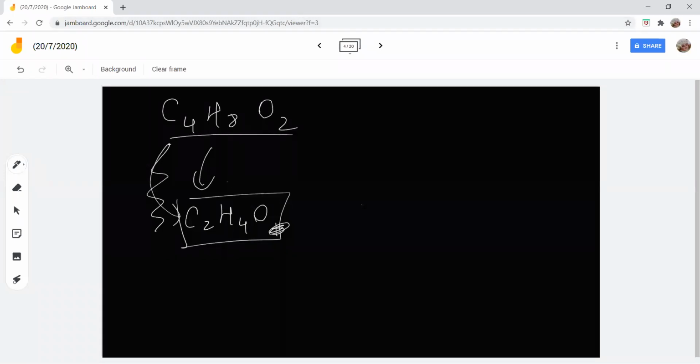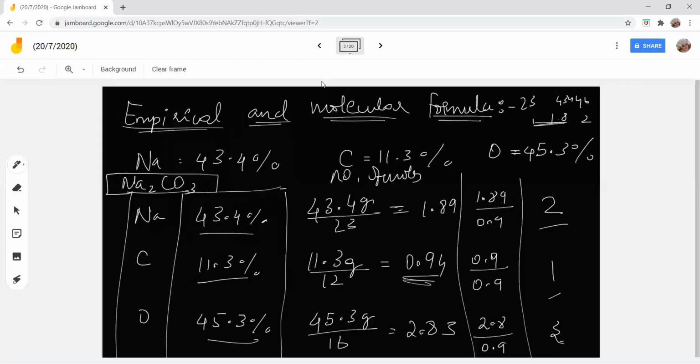Yes, ma'am. Okay, so this is your empirical formula. Now, here the same thing I'm going to do. If I find the simplest ratio between the number of moles, I'll get the empirical formula. I know the percentage of sodium, carbon and oxygen present, but I do not know the actual mass of sodium, carbon and oxygen present in 1 mole of that compound. So to find the empirical formula, I just want the number of moles and the simplest ratio between them. So I'm just taking the total mass to be 100 grams. Anyway, you're going to simplify the ratio.